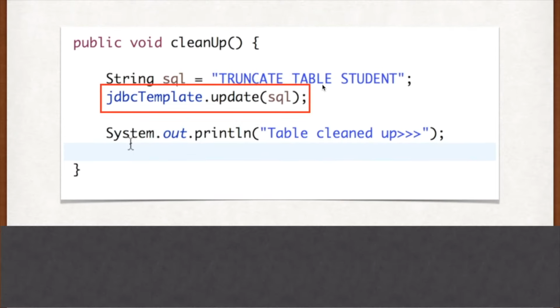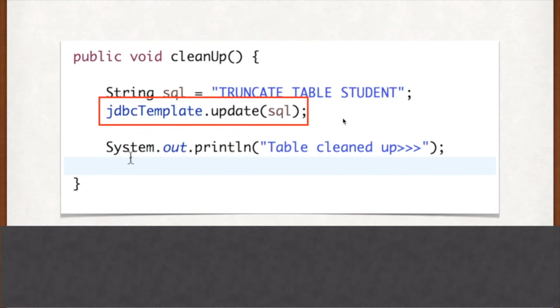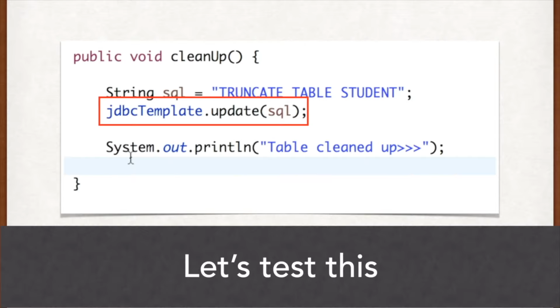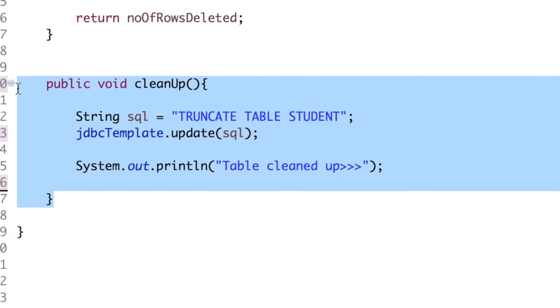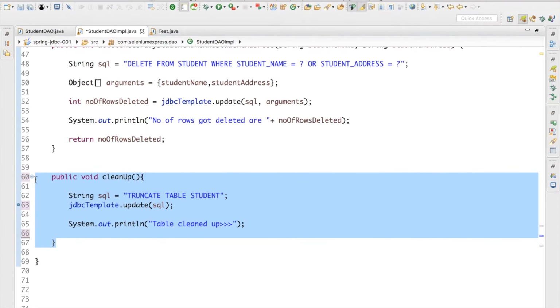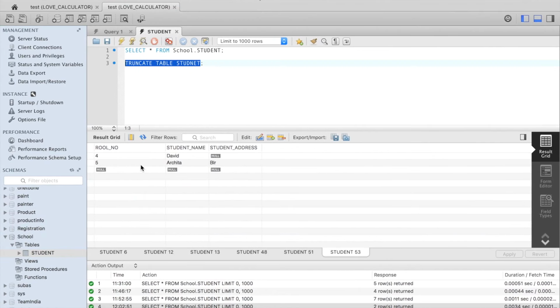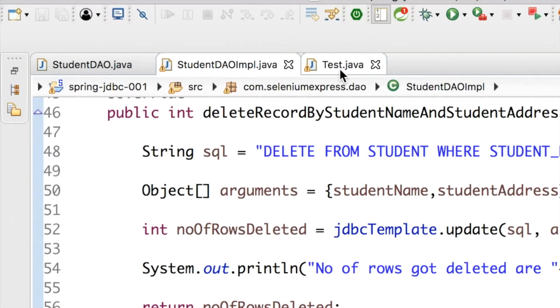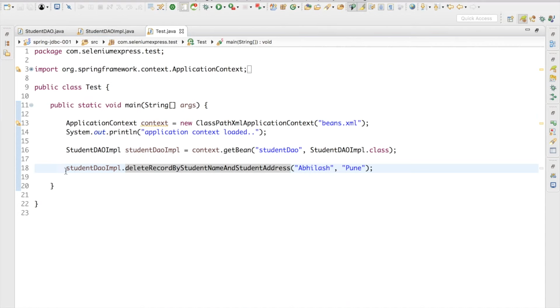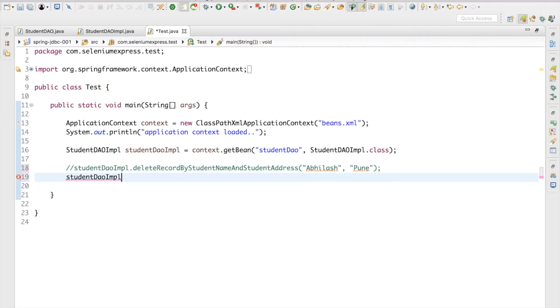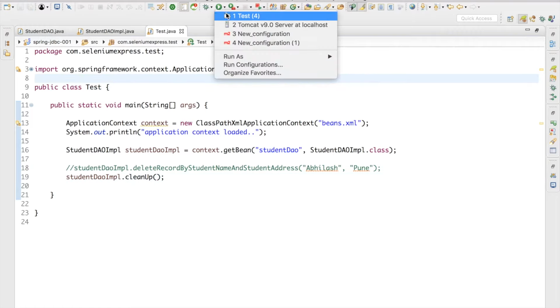But before that, let's go ahead and test this particular piece of code and see whether it is working fine. So right now, let me use this cleanup method inside my test class. Let me check whether these 2 records which are there inside my table right now are getting deleted or not. So I'll go to the Test.java, and right here, let me comment this line, and I'll say studentDAOImpl.cleanup. Let me do command S. Let me execute this particular